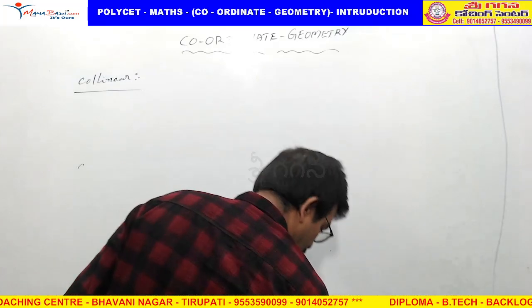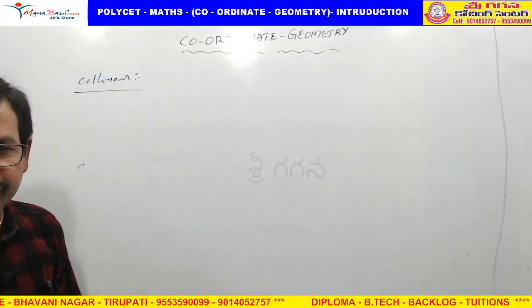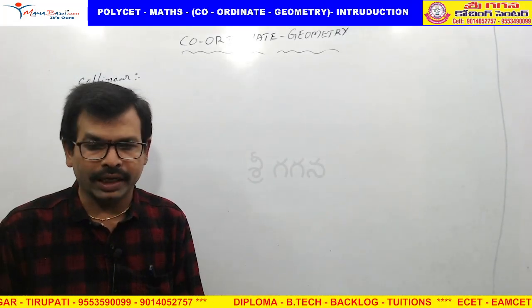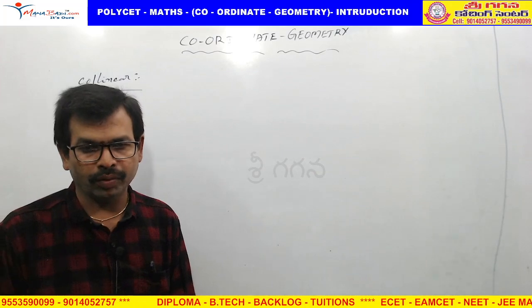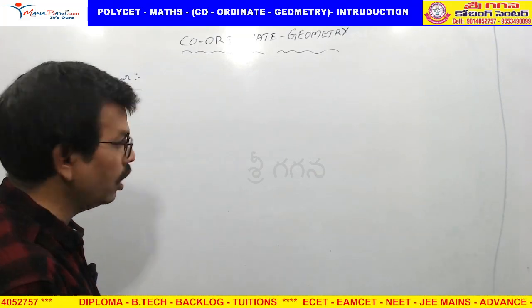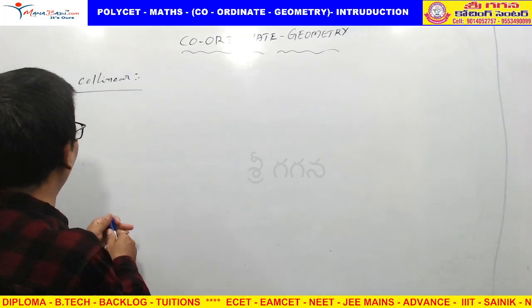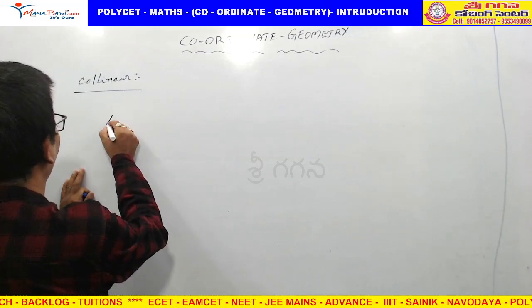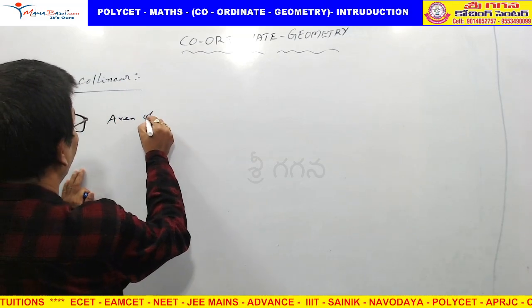Collinear. Sometimes you have to take the area of the triangle. By using that formula, you will get the collinear answer. You can apply that formula also. So for collinear, if you take the area of the triangle,